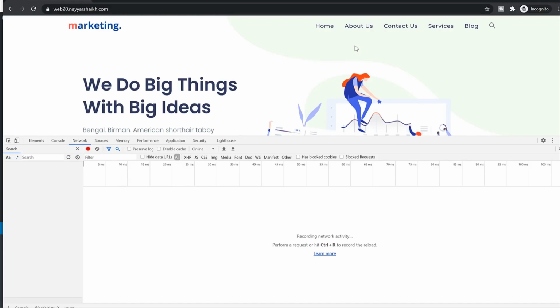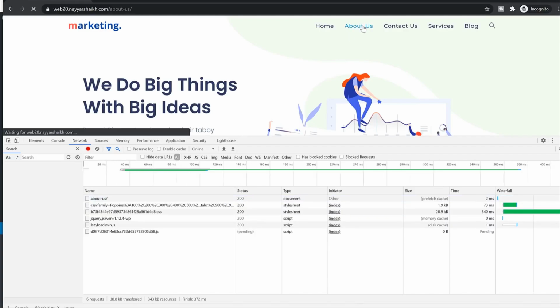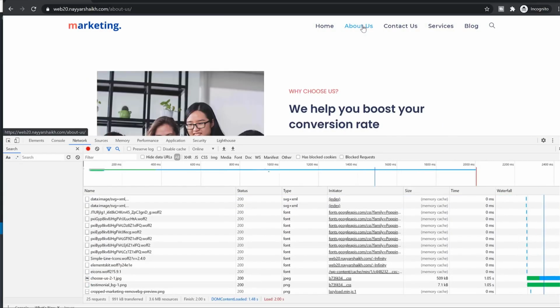So the moment they click, the page load will be very fast. Let me show you. When I hover over any link, you will see some data will load over here. If I hover over this, as you can see, the moment I hover over this, the about page got loaded. You can see the link as well. Now if I click on about page, as you can see, the page loaded instantly because most of the